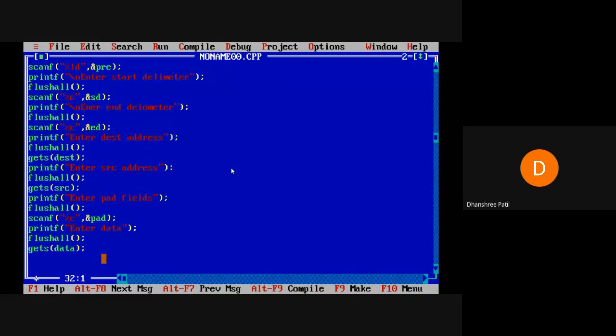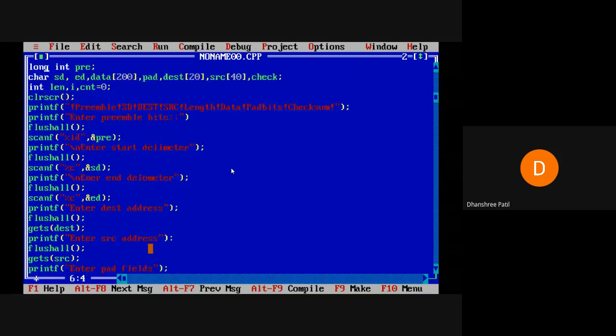Okay, now next is the length field. So we have to calculate the length of the data. Length field is there to represent the length, we can use it. Also, we have to check whether the data is of minimum 46 bytes or not, as per the 802.3 frame format. If it is less than 46, extra fields have to be added, otherwise we can keep it as it is. So first I will check the length of the data. I'll take one variable as length.